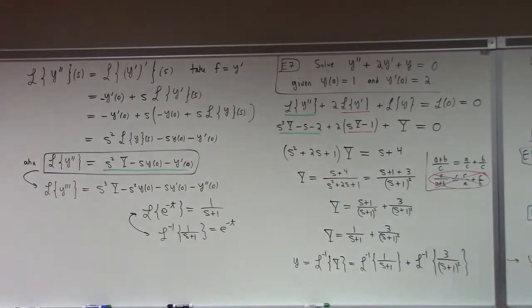And how about that? How can we get 3 over s plus 1 squared from a Laplace transform? Let's see here. This would say that the inverse Laplace transform of 1 over s minus a to the n plus 1 would be equal to e to the at times t to the n divided by n factorial, right? So if we look at the case inverse Laplace transform of 1 over s minus 1 squared, what do we get? n equals 1, right? 1 plus 1 is 2. So we get e to the